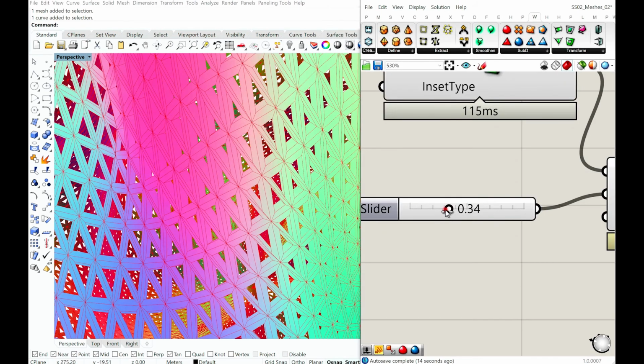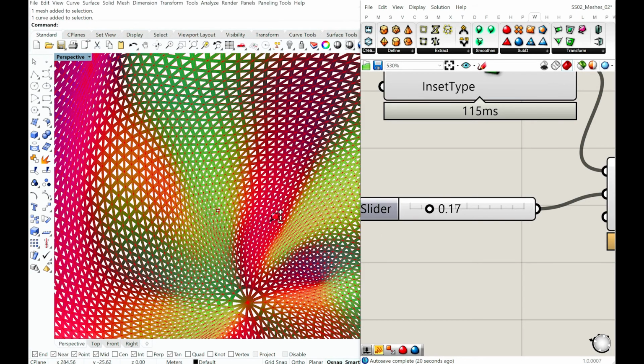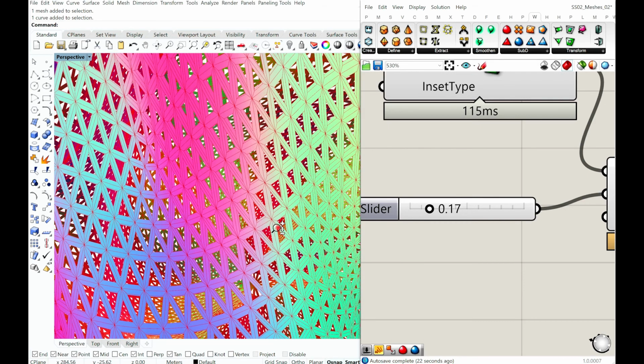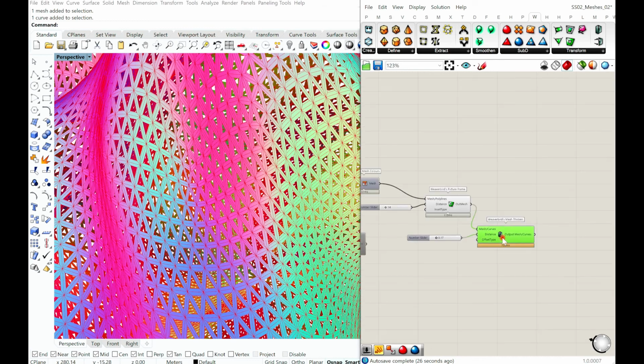So I've used a mesh window here and I'm using a mesh thicken. So this is the kind of geometry. It's really fine, because I've already subdivided it a number of times, so it gets pretty heavy as well.